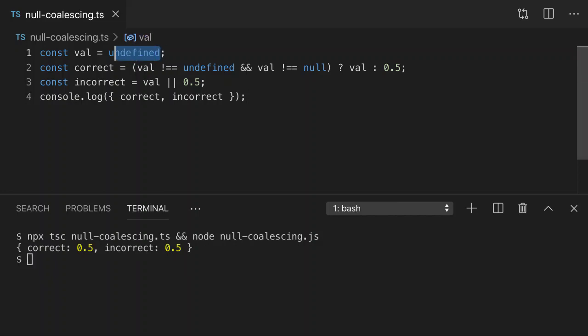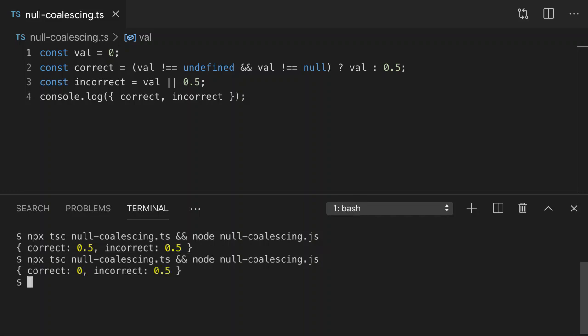If I assign val the number 0, then compile and execute my code again, you'll notice that the correct answer is 0 and incorrect is 0.5. The reason incorrect is showing the default value instead of the value provided is that 0, NaN, and empty strings